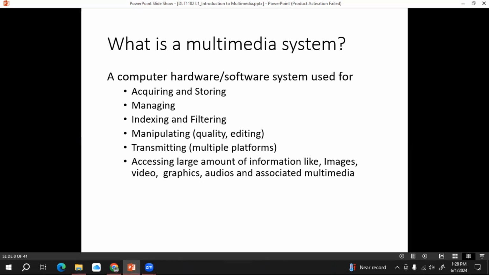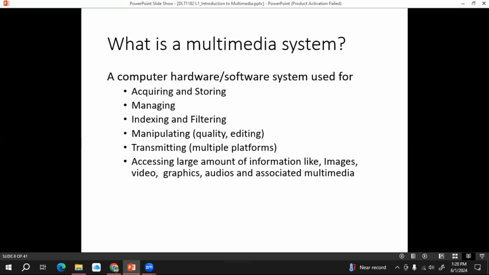They allow us to change the format or the quality of our content, right? It allows us to edit our photos, edit our videos. These are some manipulating tools available in Instagram, right? If this manipulating component is available in your system, we call your multimedia system a better one.